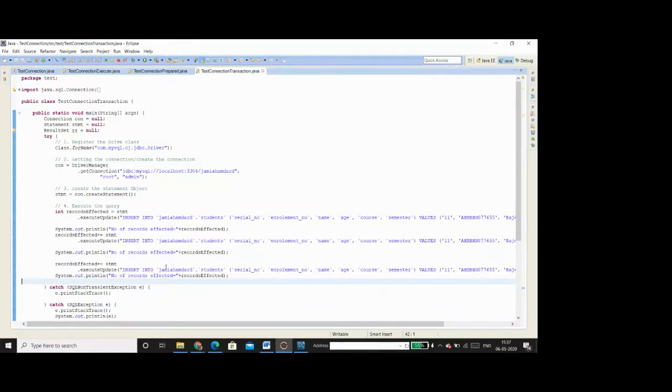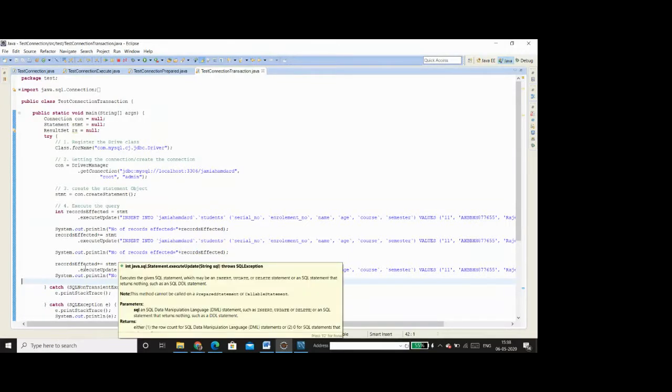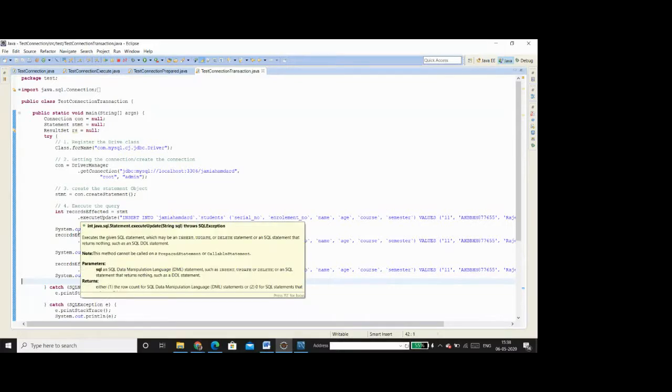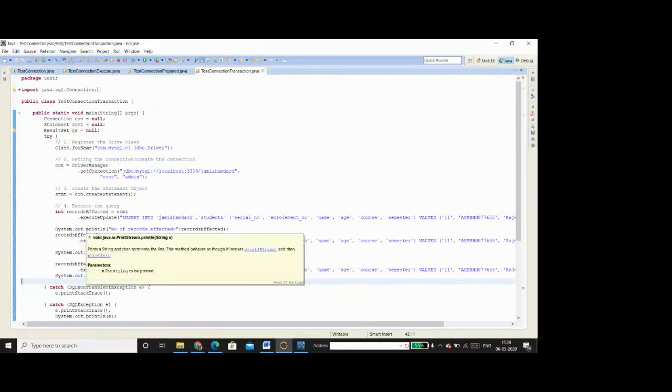So a transaction is said to be associated with the integrity of the database. So that means if I have got more than one statements that are going to make certain changes to the database, or rather which are going to manipulate the state of the database or the data.